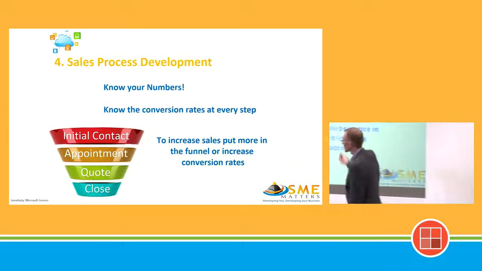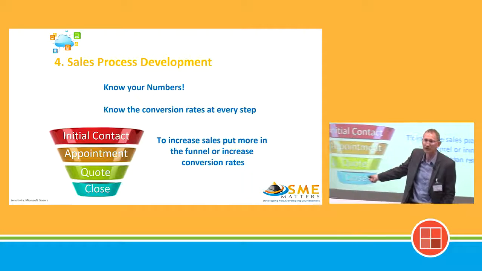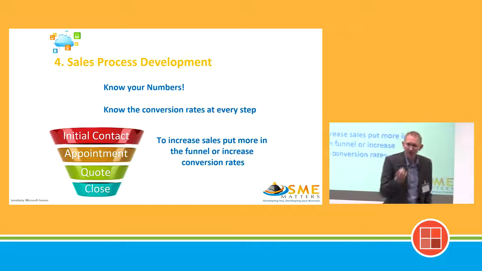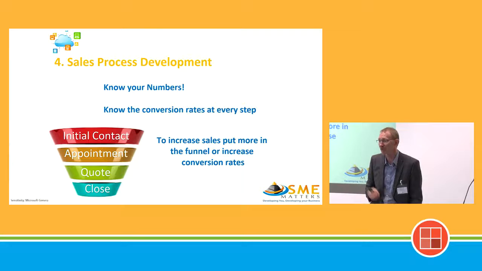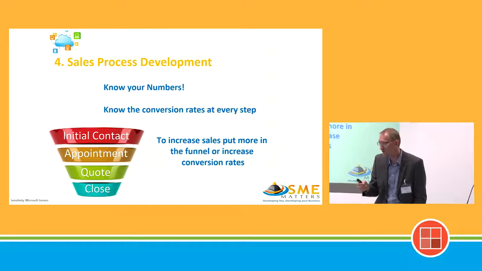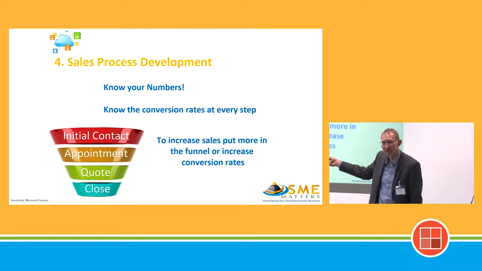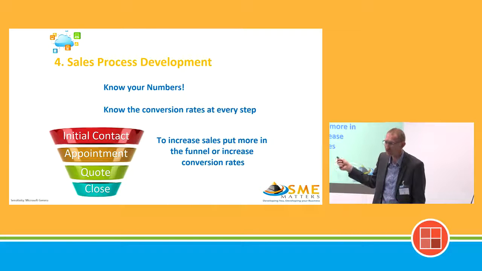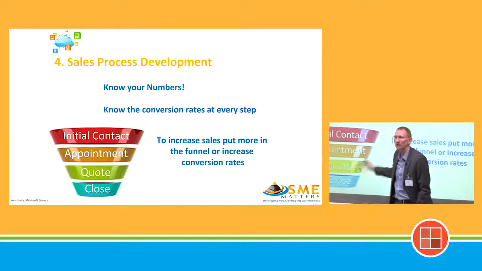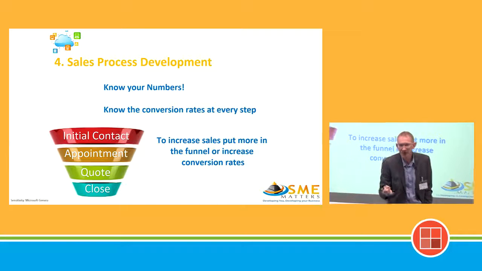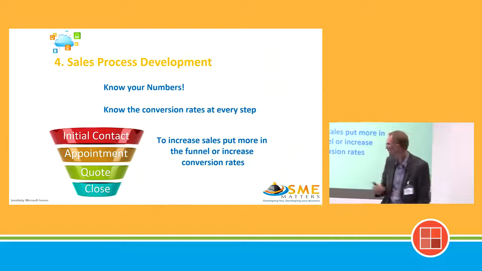Because at the end result, if you put 1,000 in here and you get 10 out here, you know your conversion rate is 1 in 100. And if you've got your sales process optimized, if you want to get 20 business, you double the amount you put in. That's fact. Or the alternative is you fix what's going on inside the funnel. I mentioned that medical technology company specifically because they had a huge amount of leakage from their sales process. When we analysed the data, we were able to see exactly where they weren't optimized. By changing the methodology, we were able to farm much better inside the sales funnel than by having to put more in. So there are 2 methods: put more in, or fix what you have in there, or maximize what you have in there.